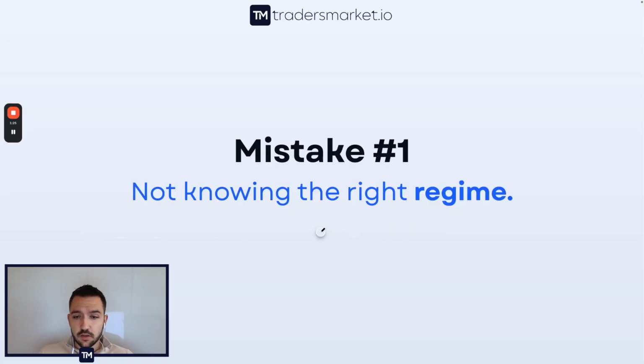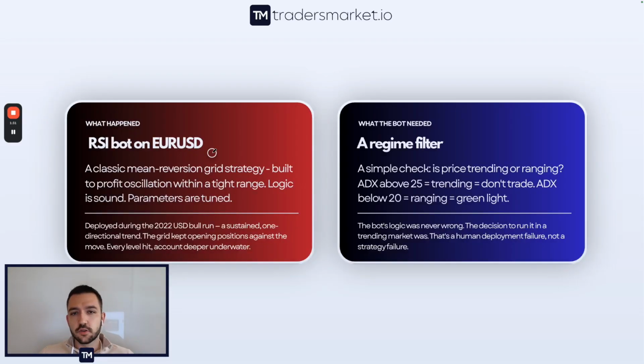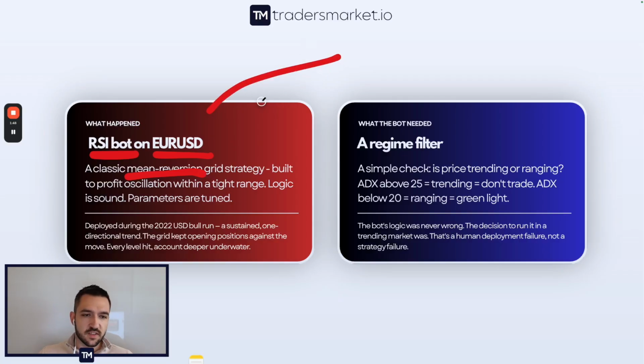First, it's not knowing the right regime to trade. What does that mean? Let's say you're trading the RSI bot. So let's say it's an RSI overbought, oversold strategy, a very classical mean reversion strategy, okay? And let's say you're trading it on Euro US dollar. Euro US dollar is known to be a very trending pair. So, for example, on Euro US dollar, a lot of the EMA crossover strategies work well, but the mean reversion